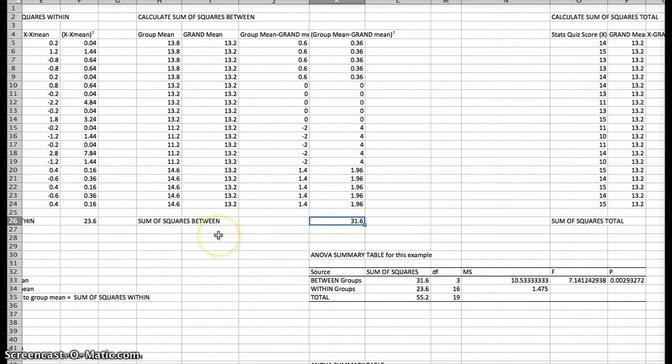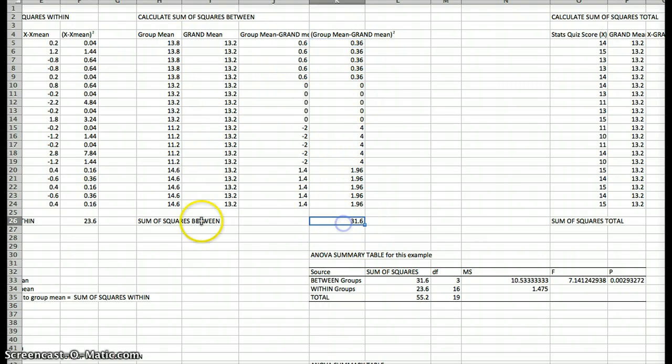This gives you your sum of squares between. And as you can imagine, we're doing the same thing a lot of times. You could really just do this once for group 1, and then multiply by the number of people in this group. You could do it for group 2 once, and then multiply by 5, for example, for this group. You could do it shorthand, but here you get it all detailed, how it works out for each